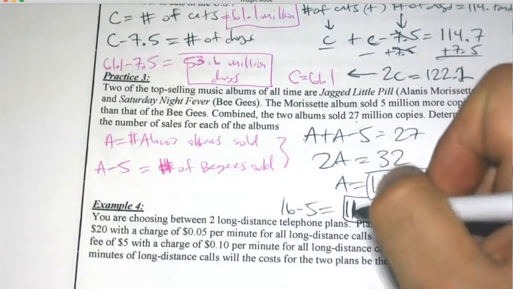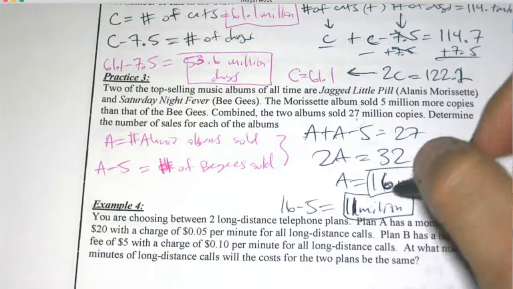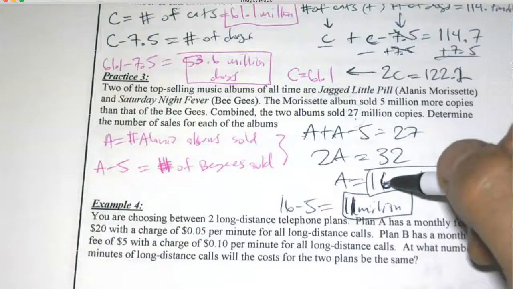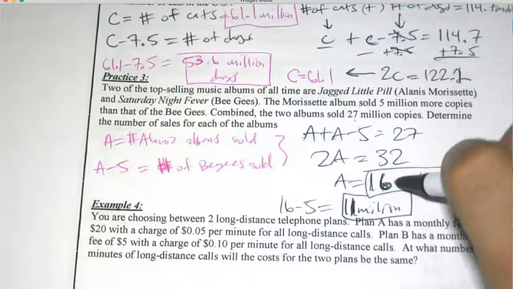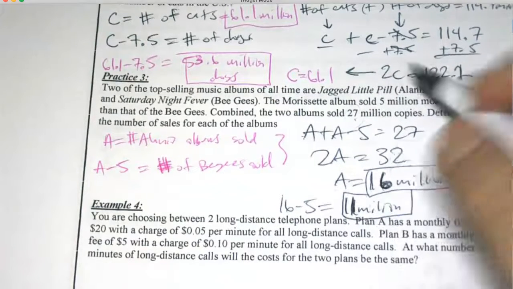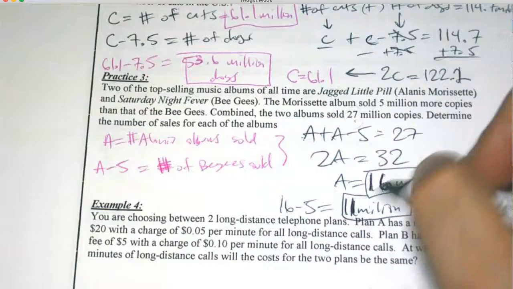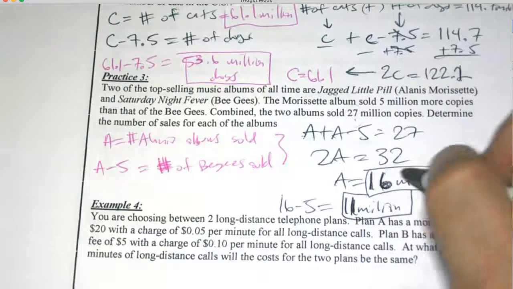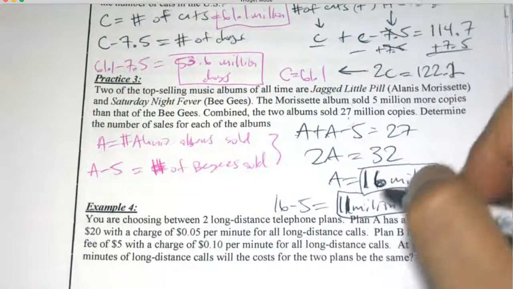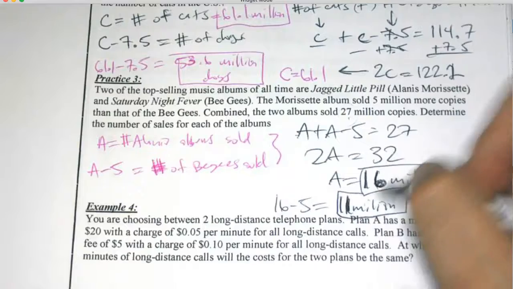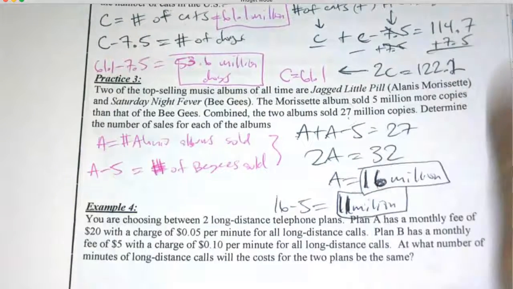So again, everything kind of lines up at the end. It should if you did it right. The total albums sold for the two albums is 27 million. That adds up. If you subtract 16 minus 11, you'll get 5. Remember, the Alanis album sold 5 million more copies. So again, 16 is 5 more than 11. So everything kind of aligns, and it makes